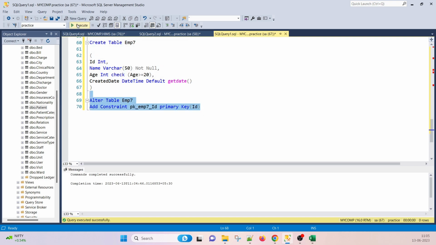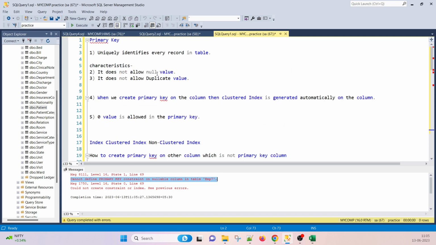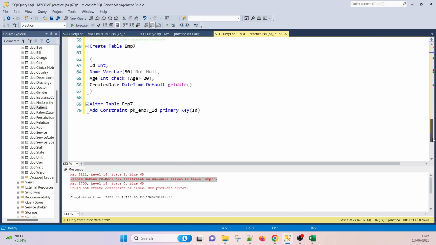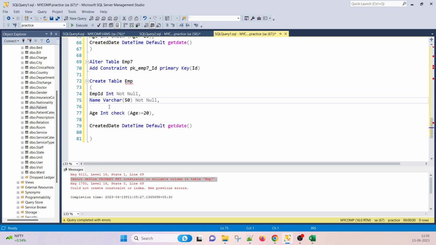Is it possible? No, because the first characteristic of the primary key is that it does not allow null values. That's why the column must have the not null constraint first, and then we can create the primary key on the id column. Got it? First of all, the table should be in this form, emp id, and